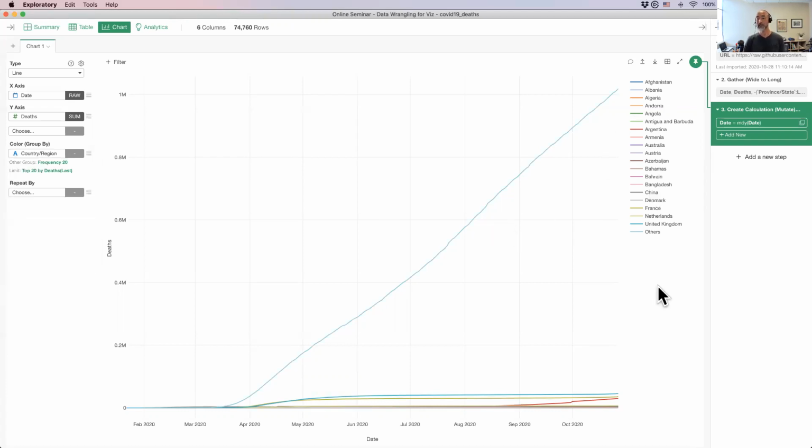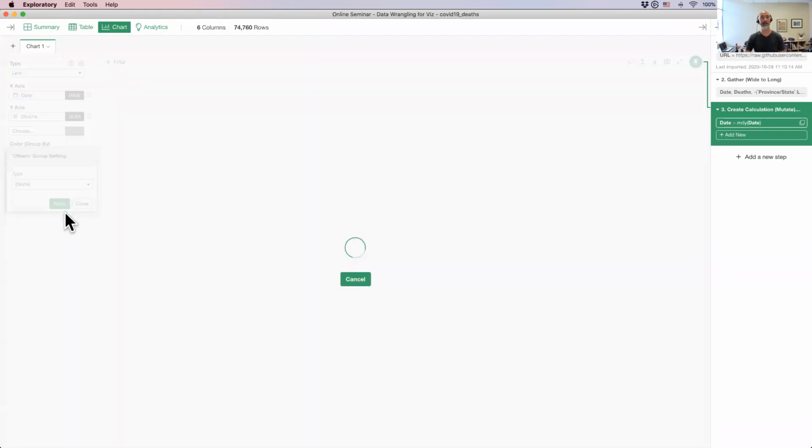However, I still have these others, and it still looks like alphabetical order, like the first 20 or something. That is because we still have this other group setting, frequently 20. So I can click on this one and disable it, so that based on all 189 countries, I pick the top 20 based on the number of deaths on the last day. It's a super long sentence. Anyway, if I click on it,